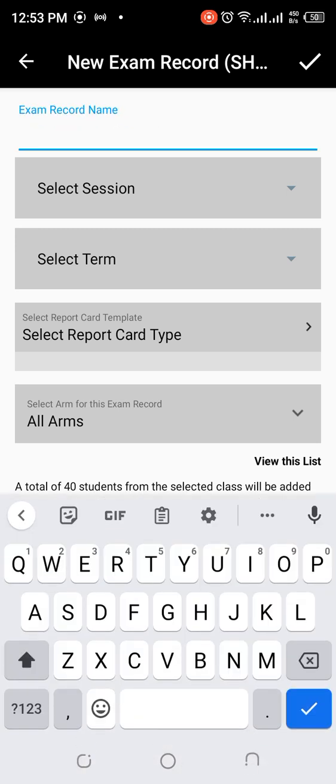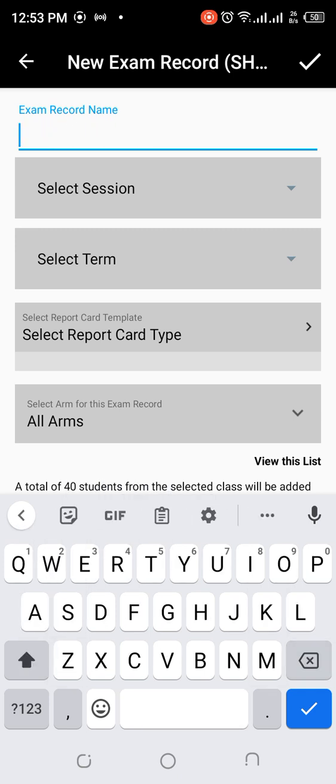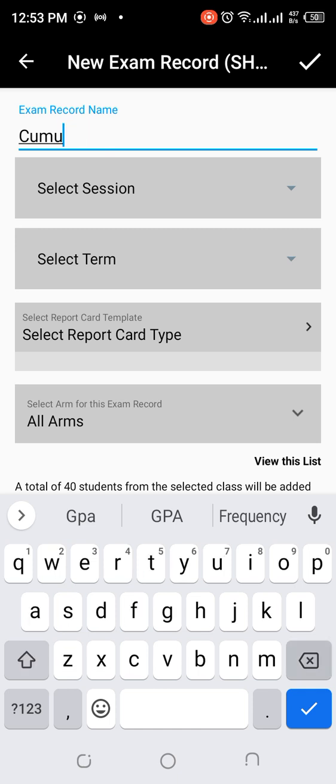So from here you can process end of term, you can process midterm exams, you can process cumulative. So cumulative is adding up of first, second, and third term results for each student. So I want to process exam for second term students,